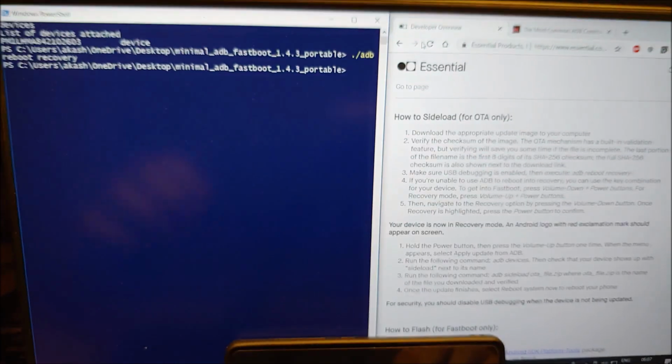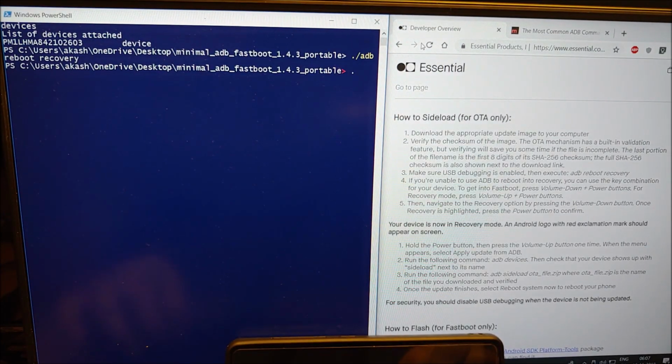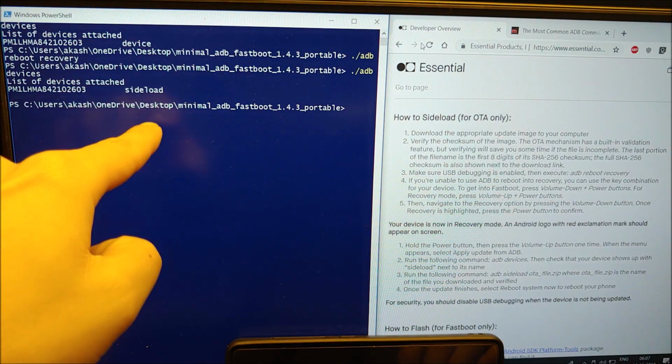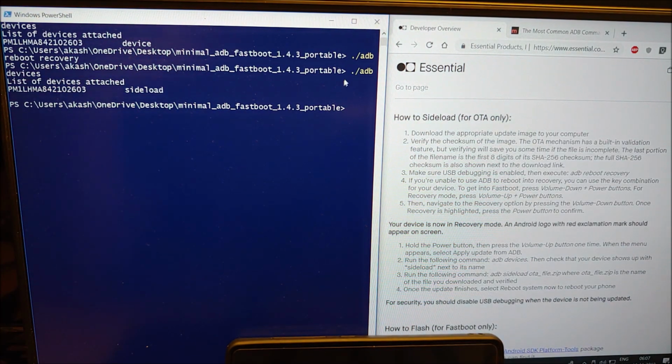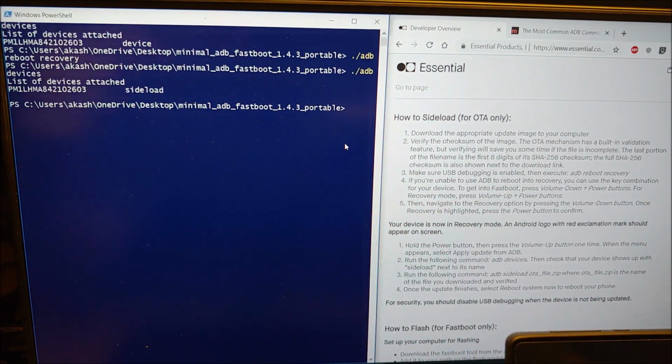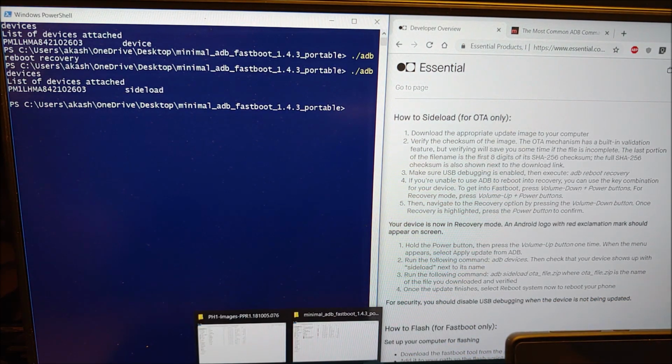So what you can actually do is check if it's showing up by once again doing the dot front slash ADB devices, and you'll see that the same phone that was earlier showing up as a device is now showing up as sideload. Now this is pretty important because the next step requires you first to go ahead and